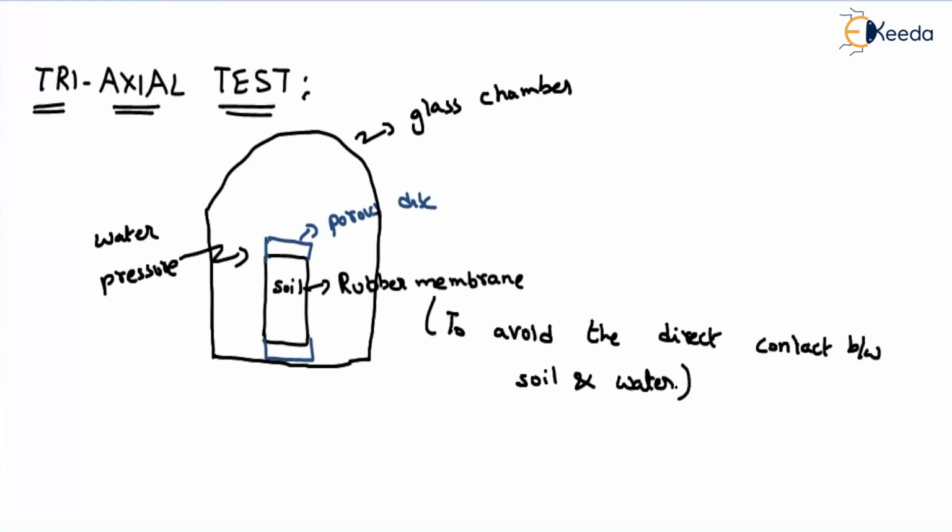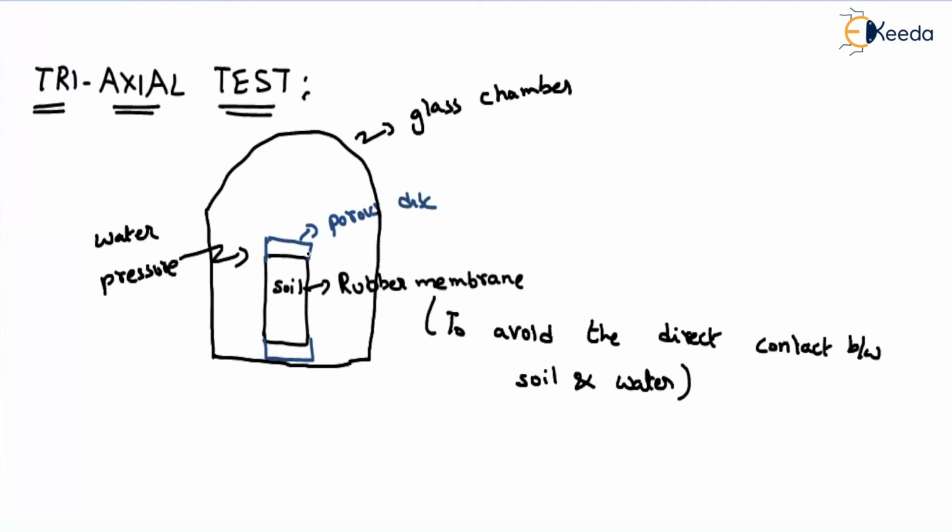Here you can see triaxial. That means, what does tri mean? Three-dimensional. So in this test, we apply the stresses along three mutually perpendicular directions. After that, we increase one of the stresses such that the specimen fails by shear. Because of this water pressure, which surrounds the soil throughout,